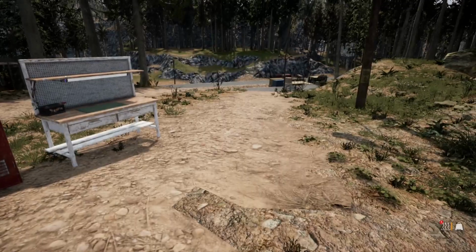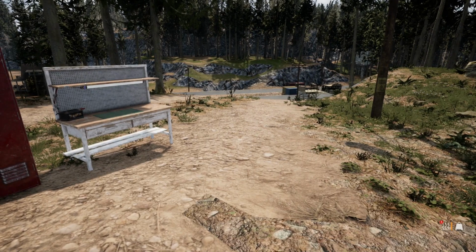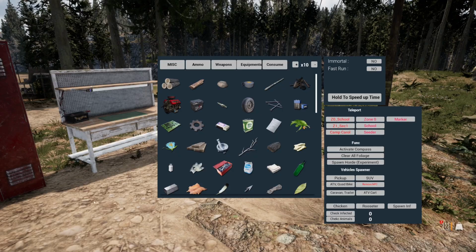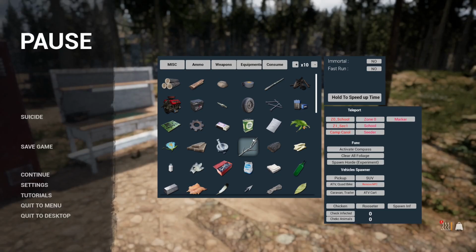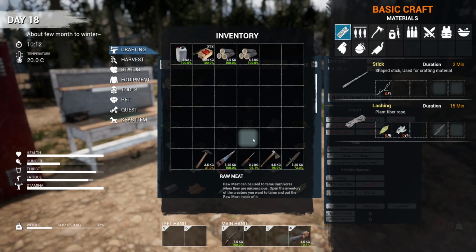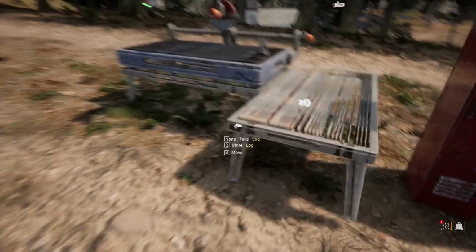Now just in case you don't know how to get the cheat menu on this, if you press the plus key 3 times quickly in succession, it will bring this up and you can get whatever you need on there. Then you just press the tab, which brings up that menu, and when you get out of that it shuts it down. So I now have logs, so I'm going to place the logs